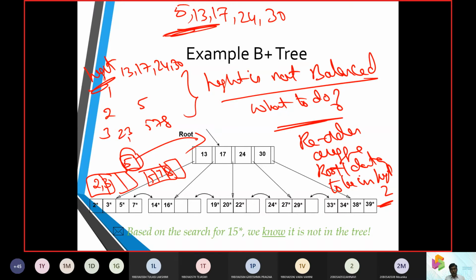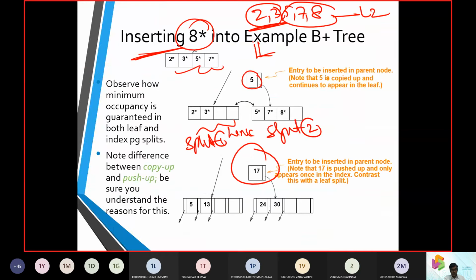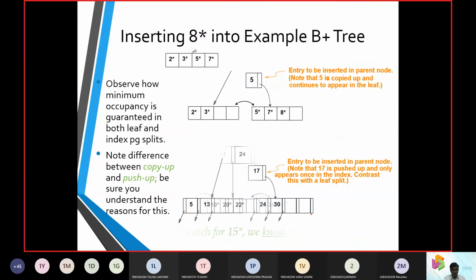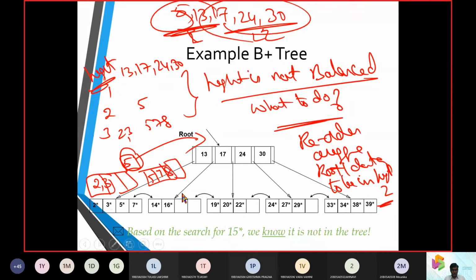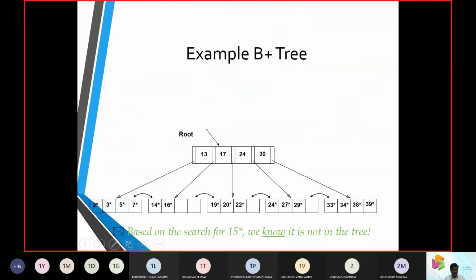Now what to do? We have to break this one into L, then break this other one into L2. In this way we convert it into 2 more blocks, 2 more splits here. Now you can see 5 and 13 are split into one part, and 17, 24 and 30 into another part. Where did this come from? 2, 3 is in one block, then 5 is pushed up, then we have